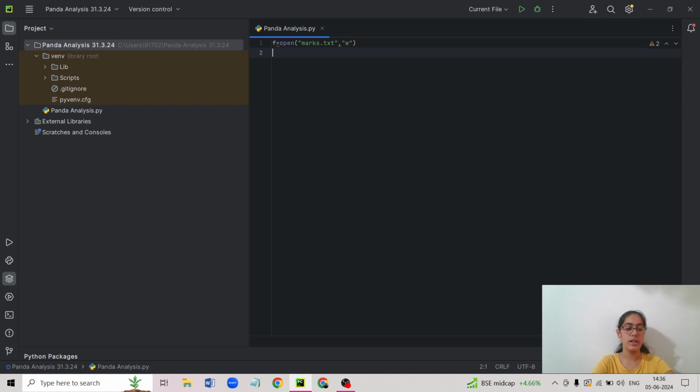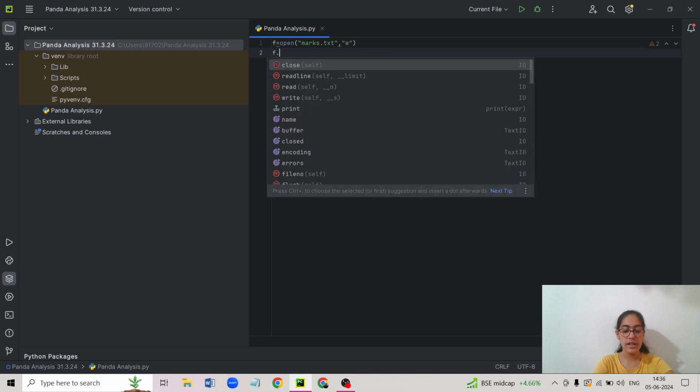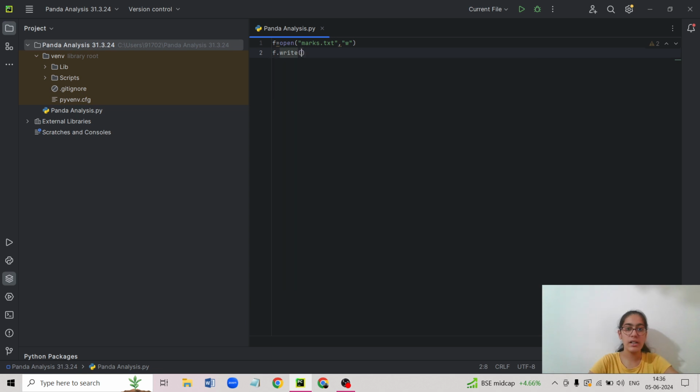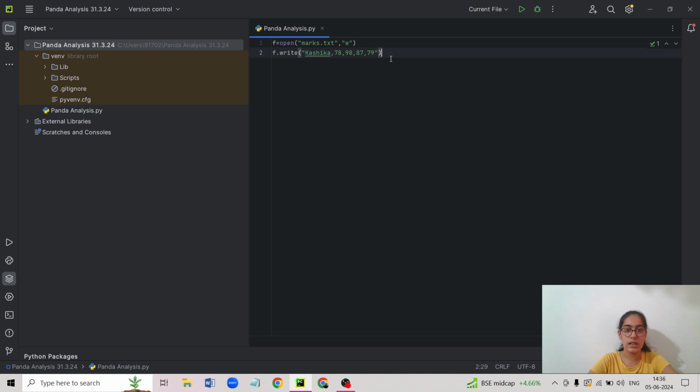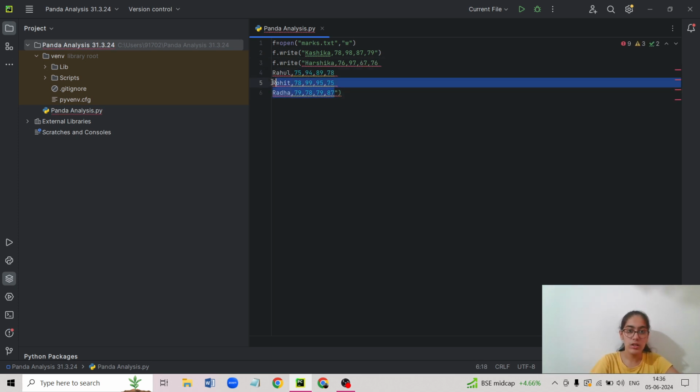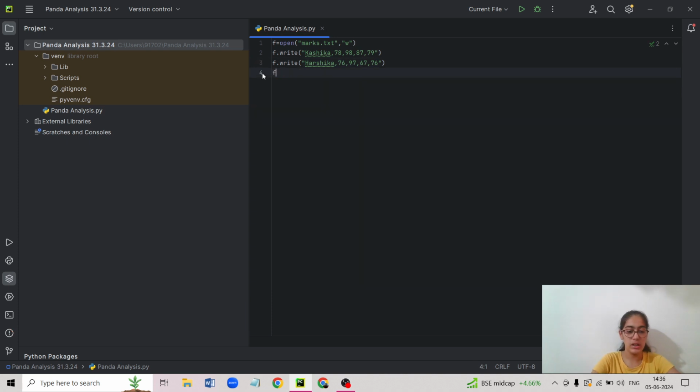Then f.write, we'll be putting in line by line all the texts. For example, this is the first text, so f.write will be the second text. I'm going to keep on doing this until I have all of my marks written inside the file. Only two more left now.